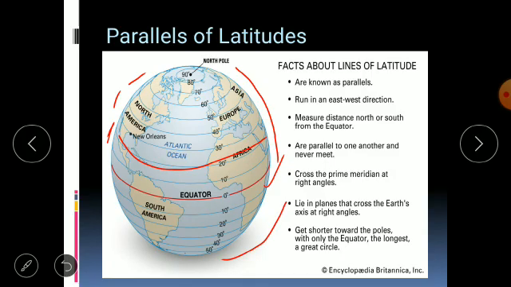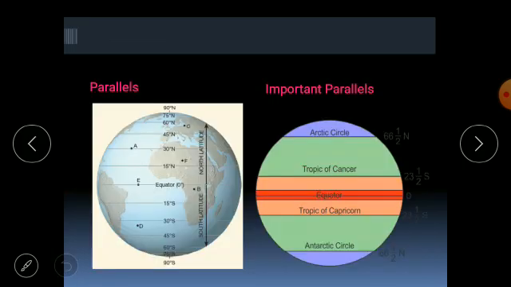All parallels of latitude are not equal in length. As we move close to the poles, the circles keep getting smaller. In fact, they look like dots on the North Pole and South Pole. As you can also see, the equator is the largest latitude, but as we move towards the poles, it just looks like a dot at the North Pole, and their size is getting smaller as we are moving towards the poles. Now, how are these latitudes measured?